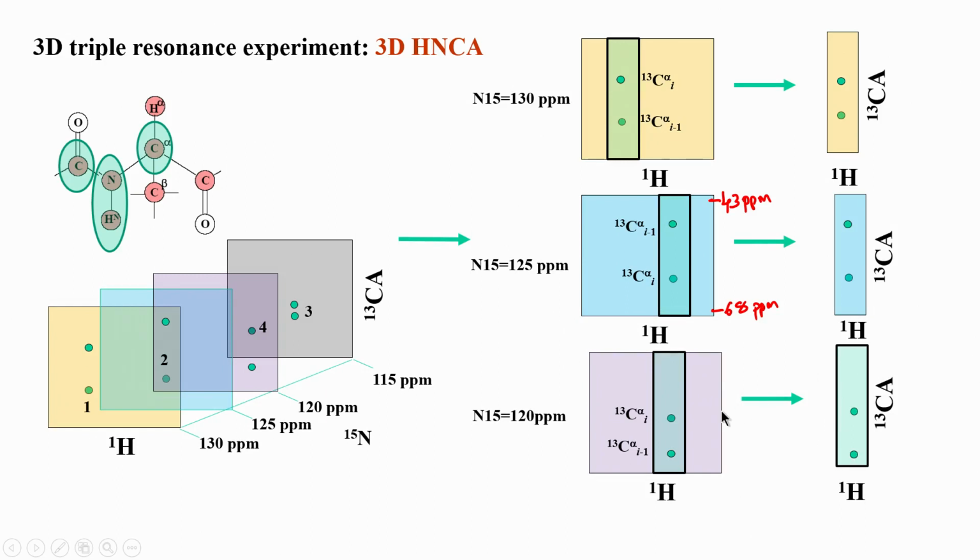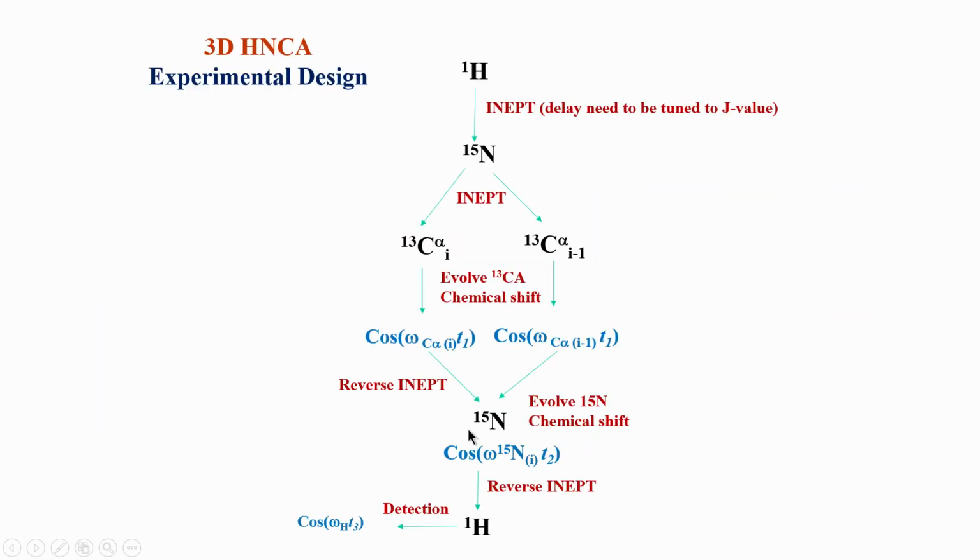Now, the question we will ask is how do you distinguish whether this is I or this is I minus 1? We will look at that shortly. So, this is the chemical shift range which I was mentioning for C alpha. Typically the range comes in this 43 to 68 ppm. That depends from protein to protein, but typically all proteins will be roughly in this range.